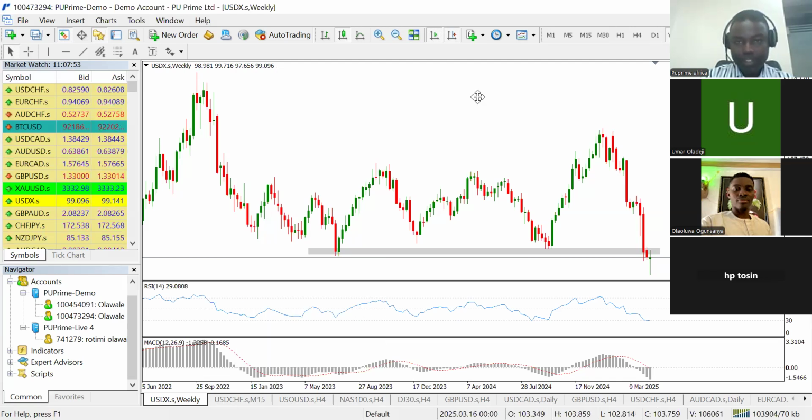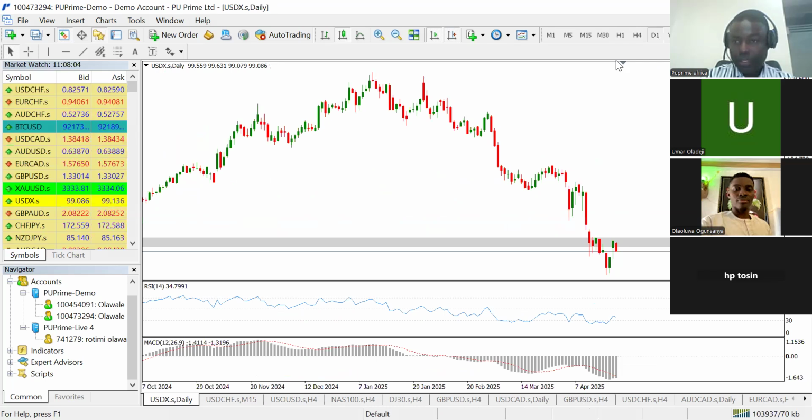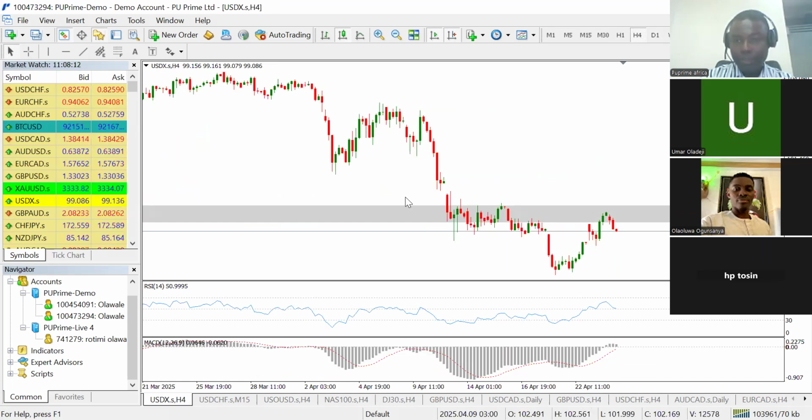And this week, there has been bearish movement, and price is currently trading below that support zone on the weekly time frame. If we go down to the 4-hour, we can see today's daily candle is trading below the support zone, and this is 4-hour, still trading below the support zone. So from technicals, there's a possibility for price to drop lower because price is below the support zone. Yeah, it may drop lower and later go back to retest. That's also a possibility.